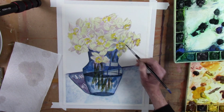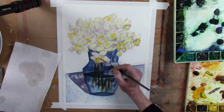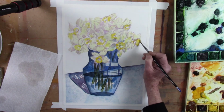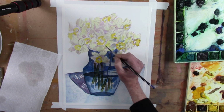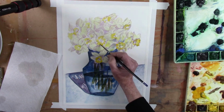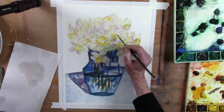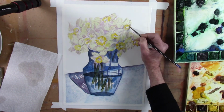cadmium yellow. So I'll take a little bit more now and go around again and put some dots of color here and there, not throughout the entire thing, that are a little more strong, a little less water. Put some almost, some of that color straight from the tube. Get a little bit of bright yellow here and there on those ruffles that are at the edge of the flower,